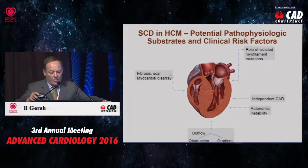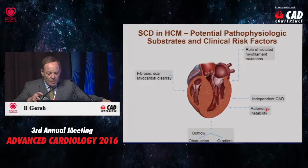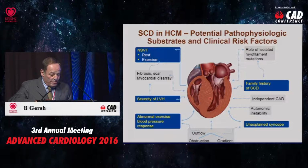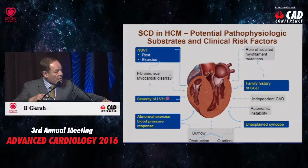Now, the substrates in hypertrophic cardiomyopathy are this: fibrosis, scar, myocardial disarray, independent coronary disease is a risk factor, autonomic instability. Clearly, that woman in the middle of the afternoon with the sinus tachycardia has sympathetic overactivity. Outflow tract obstruction and a gradient, I think, is a precipitator of sudden death. And then there's the question of certain isolated myofilament mutations. The clinical correlates are non-sustained VT, shown on the left, a severe LVH, shown down here, abnormal exercise blood pressure response, which is probably an autonomic response to obstruction, a family history of sudden cardiac death,